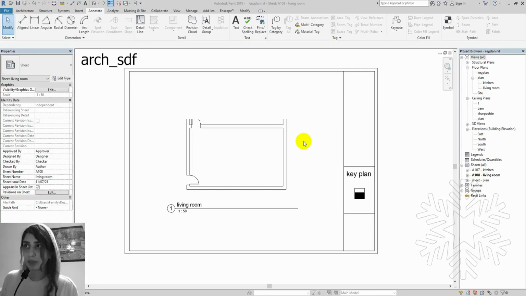You may say that, come on SDF, I can just go to my sheet and draw a simple rectangle here, but let me say that no, you can't. If you go to annotate, you don't have this region tool active here. So it was the correct and professional way to add